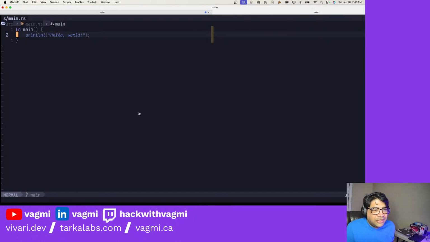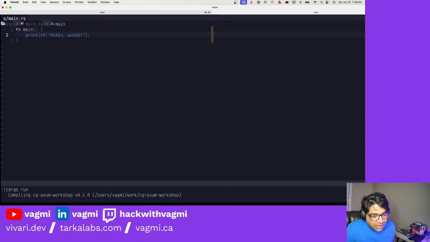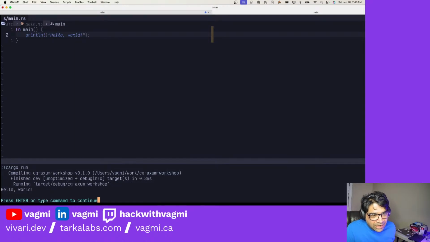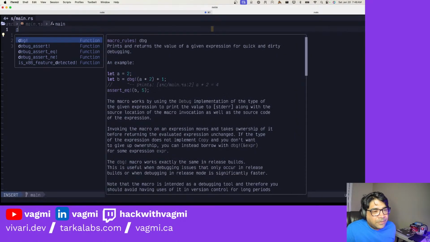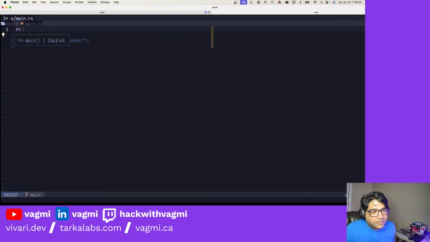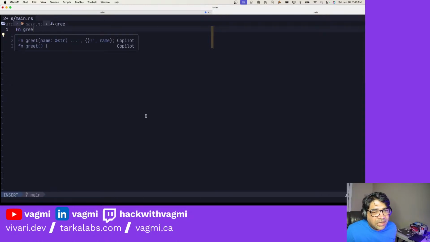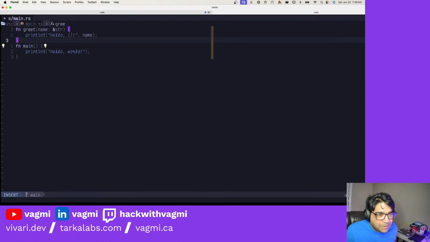Okay. All right. So let's run this. And we should see hello world. Very underwhelming. You don't need to know Rust to print hello world to the screen, but let's make it a little more interesting, right? So how do you add a function in this thing? We'll add a greet function. Again, I have Copilot. Maybe we'll disable Copilot, but we'll keep it. It's fine. And then we'll call